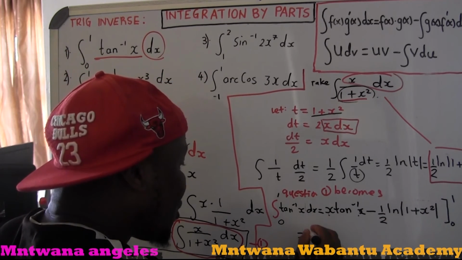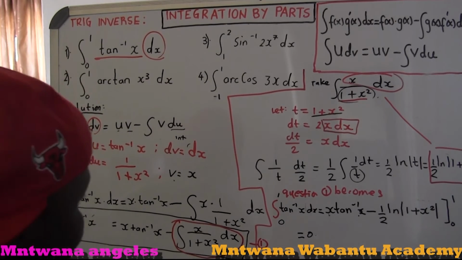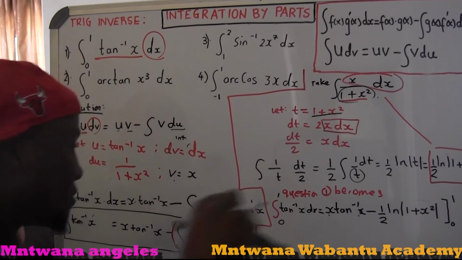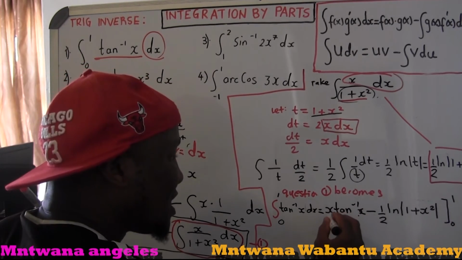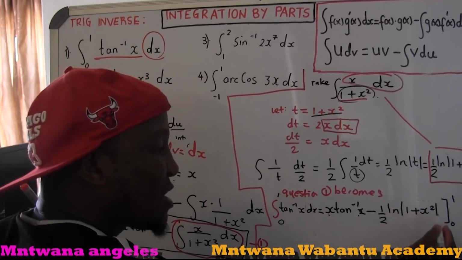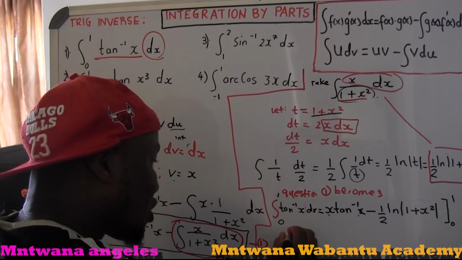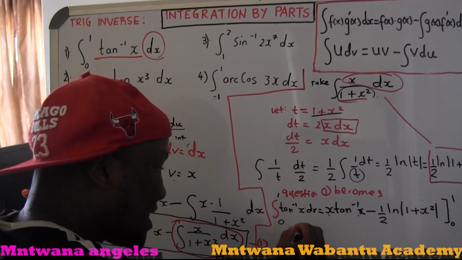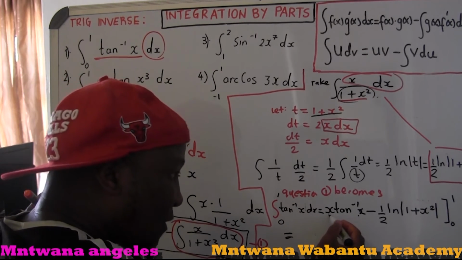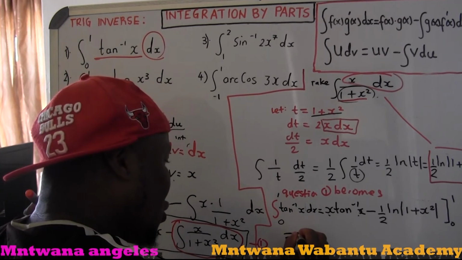So here's going to be 0. No, my apologies. Sorry. Upper limit is 1. So I'm going to take this 1, substitute in every way in the equation. I'm going to substitute in the value of x. So this is going to become, instead of x, plug in the upper limit, which is going to be 1 tan